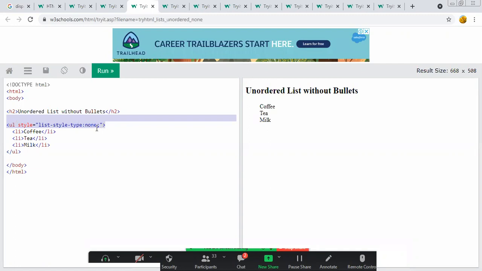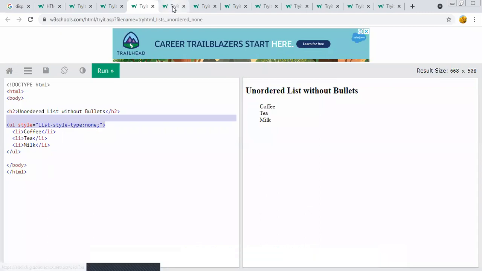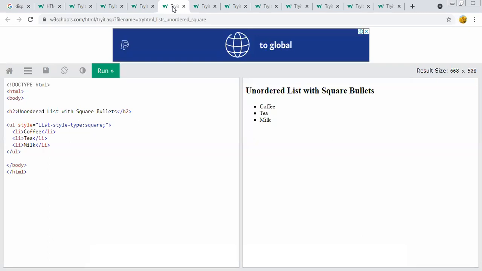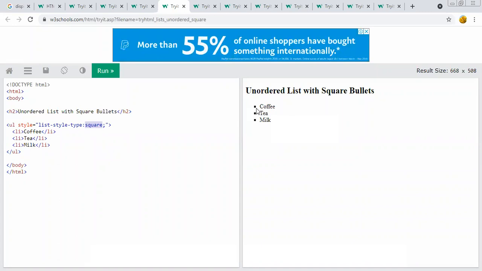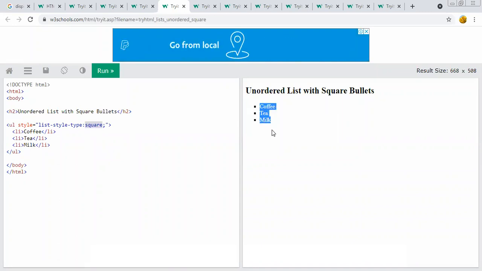If you want to give a particular square, circle or disk bullet to the list, we have to assign the particular name called square. So here is the result: the square is displayed as the list marker.